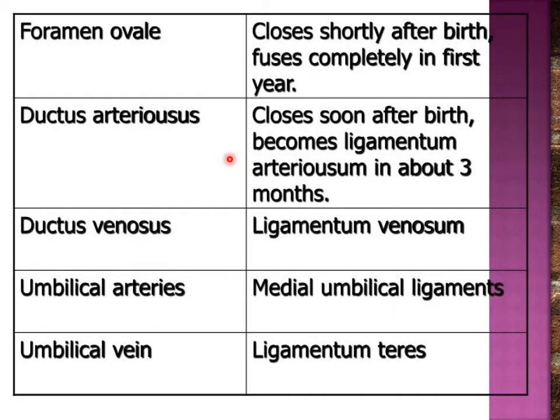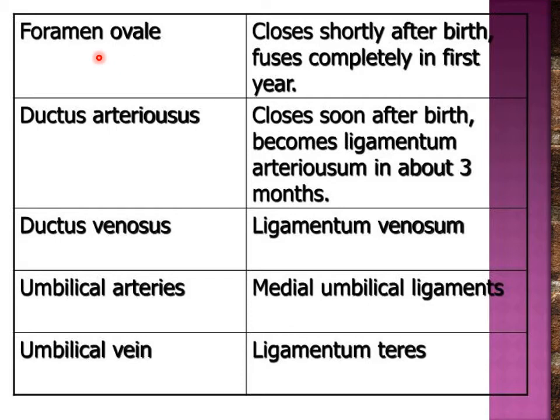So these fetal components, which have a very important role during fetal circulation, are going to close after birth. There are circulatory changes at the time of birth, which are because of the decrease in the blood from the placenta. So placental blood flow is decreased, and the respiratory changes from the lungs are responsible for certain circulatory changes, which result in closure of these fetal components.